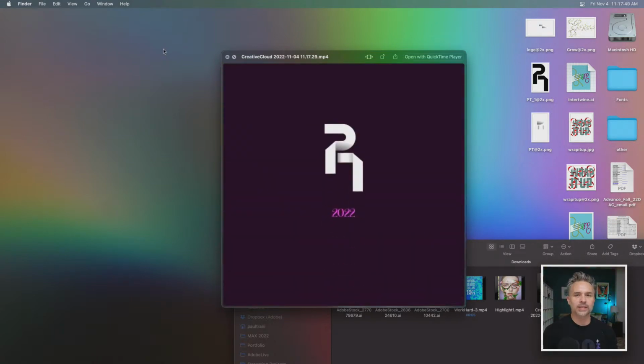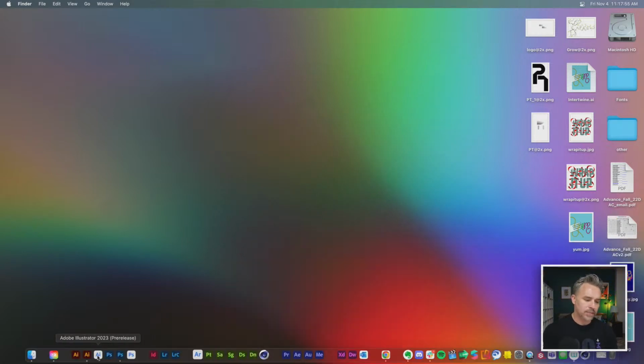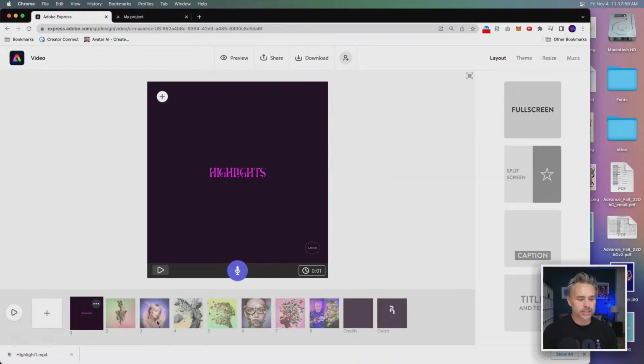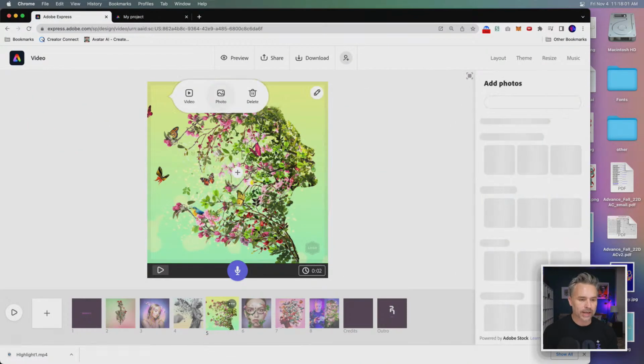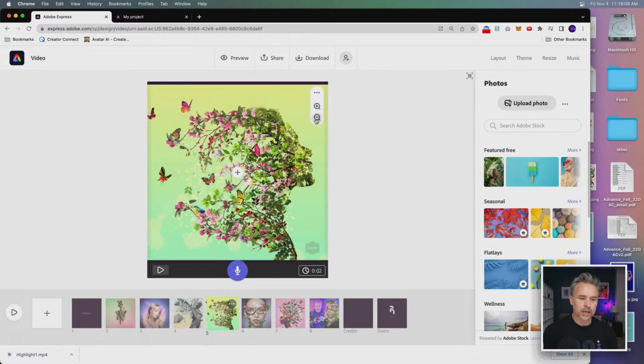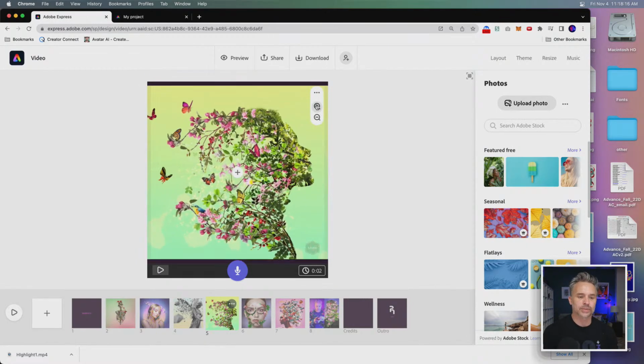How cool is that? How do you fix the cropping? I have to go back in and just do a better job of it. You're not going to have a ton of flexibility. This is the one I had an issue with right here. I could probably shrink it down like that and that might fix it. That's probably the best I could do.